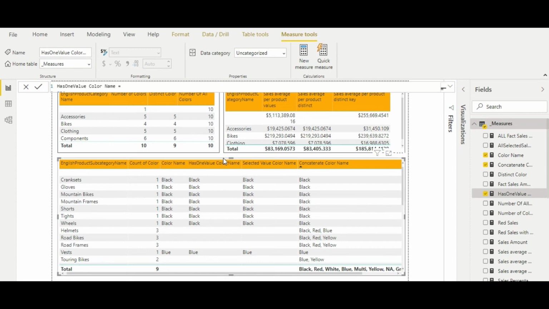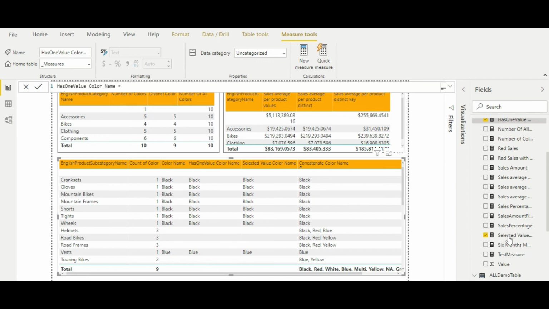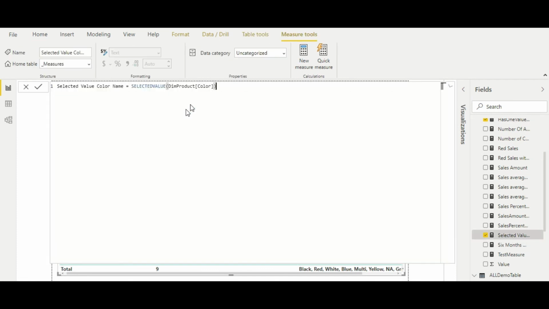Now coming to this particular measure, selected value. Let me expand this. This measure only returns us the selected value. Basically, if there is a single value, it will return that value. Else you can also pass a second argument to this function.